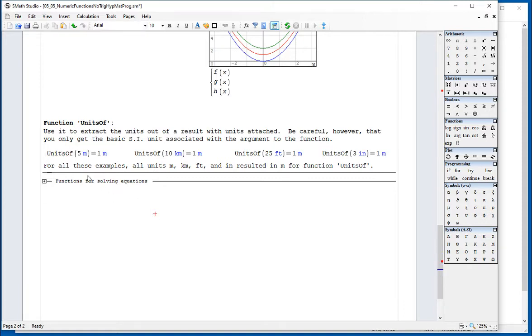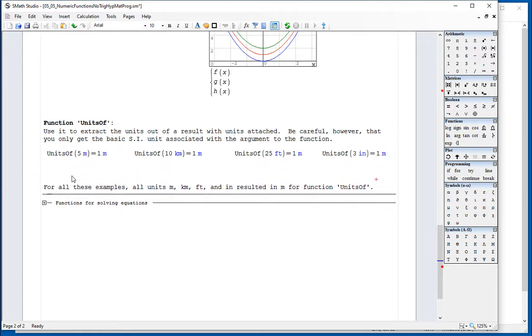All what it does is when you have an argument with units, it extracts the units, but it does it using the units of the SI. So, for example, I put meters, it gives me meters. Kilometers gives me meters. Feet gives me meters. Inches gives me meters. So basically what Unisof does is tell you what quantity you're dealing with, like length. And for example, if you say something like